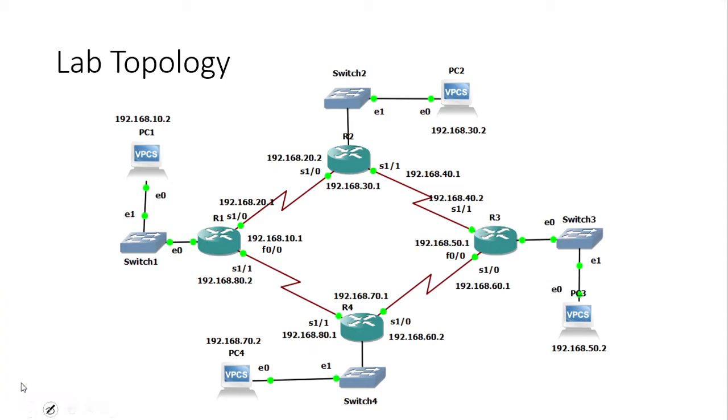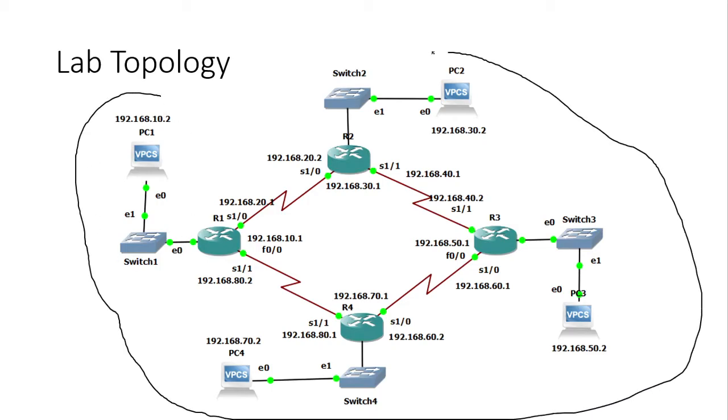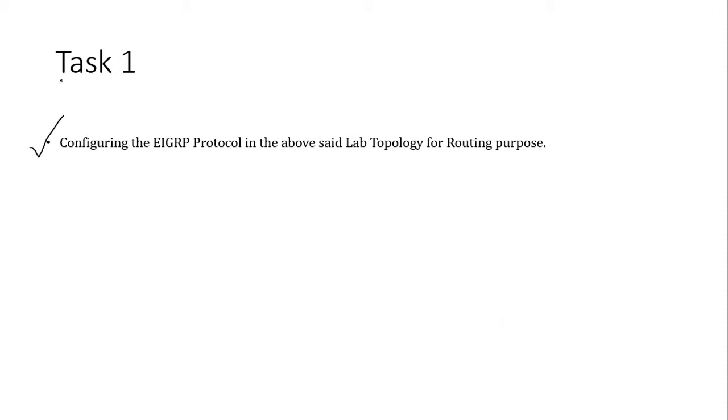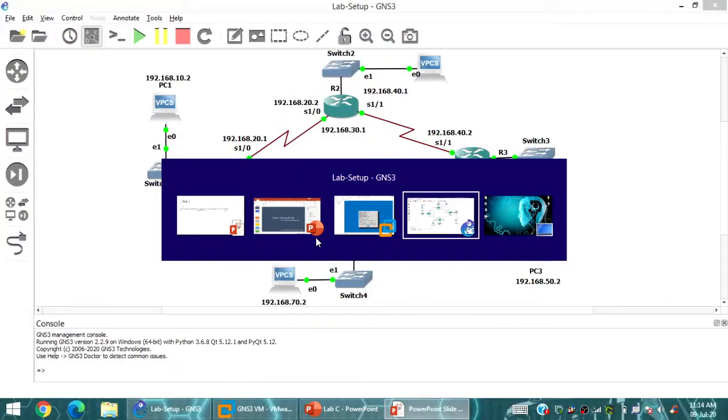Fine. Okay, so this is the lab topology that I have already built in the basic lab in the previous video itself. You can see the entire lab over there. Once again, I'm just putting the link in the i card section over here. Then you can start with this video ahead. Okay, so let's configure EIGRP, if you have already done the lab topology one. Fine. Okay, so let's get started with GNS3.